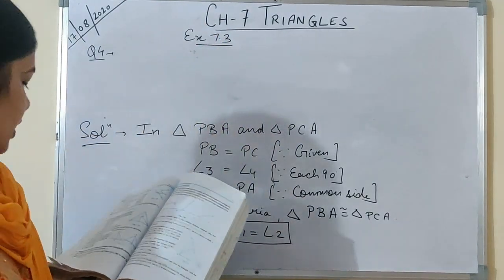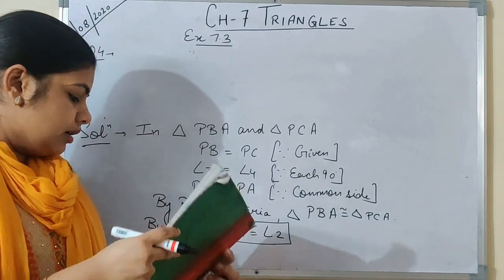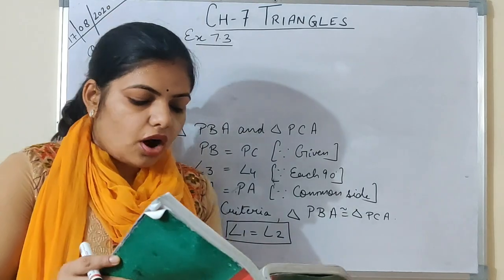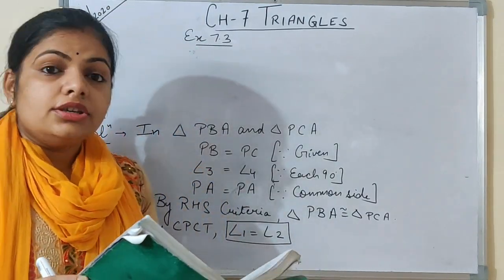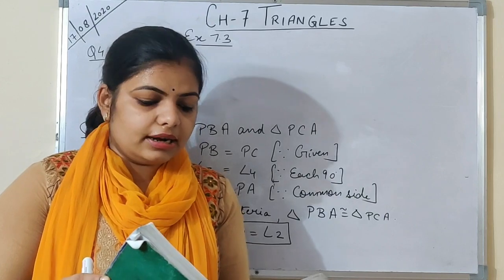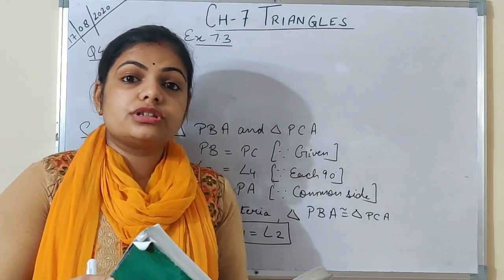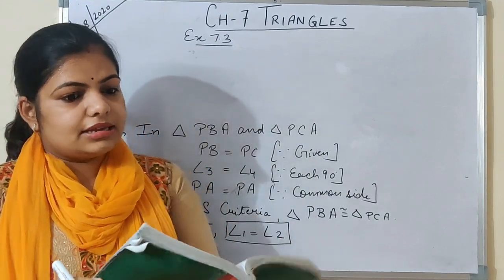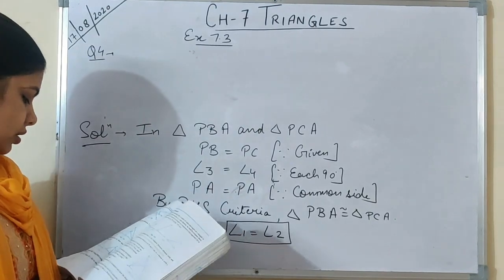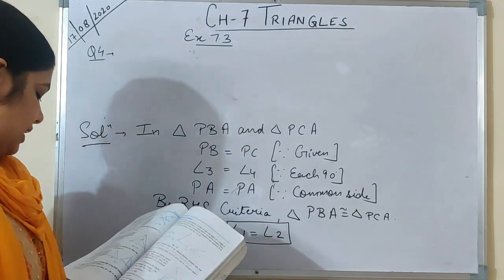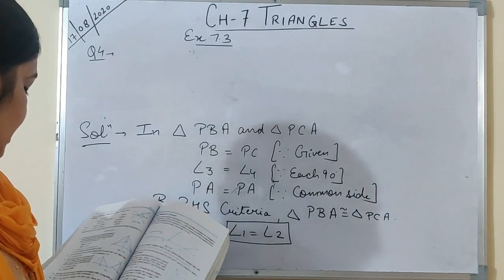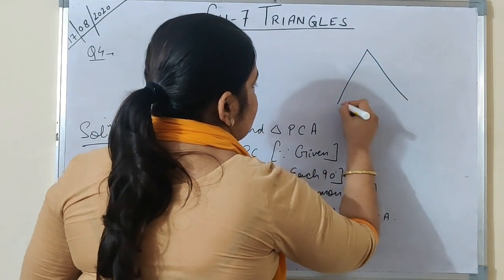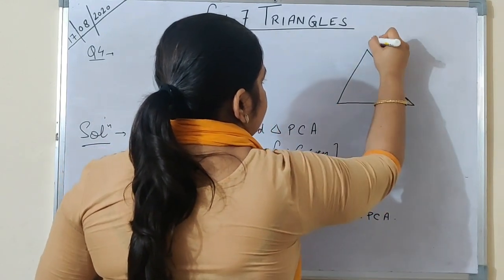7.3. So here it is given to us that BE and CF are 2 equal altitudes of a triangle ABC. Using RHS congruency rule, here it is mentioned specially that we have to use RHS congruency rule. Prove that triangle ABC is an isosceles triangle. So from the question we can make the figure ourselves, that is BE and CF are 2 equal altitudes of triangle ABC. So I am drawing over here